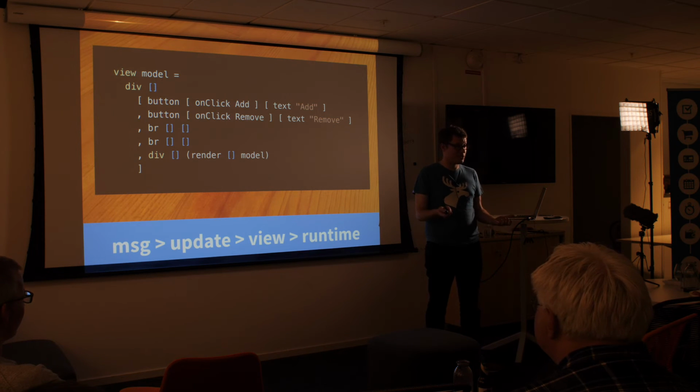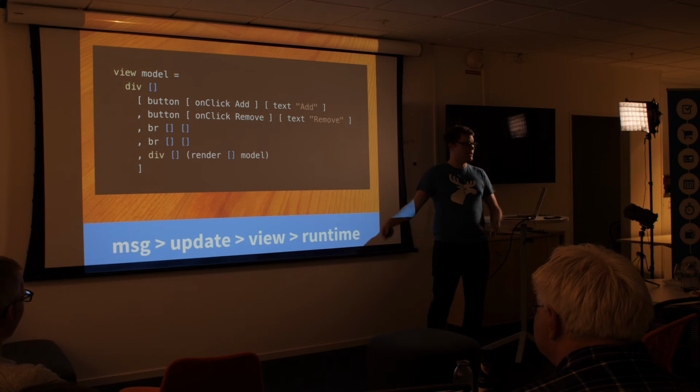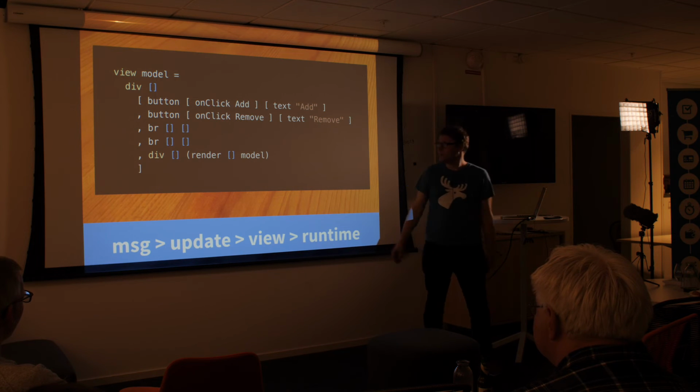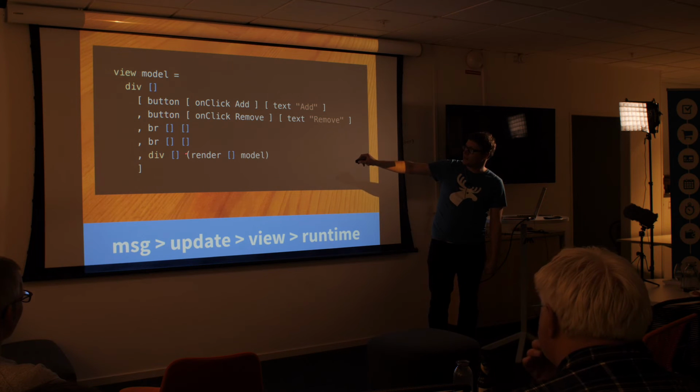When we're making function calls in Elm, you don't need to specify parentheses. So here, div, and you just specify the argument directly, the first argument here. And the second argument is this whole list. So you call the div function with two arguments, one on the first line and then the list on the second line. So there are no parentheses in this function call, the function called div. Here, because we want the second argument to the div function to be the result of the function called render,